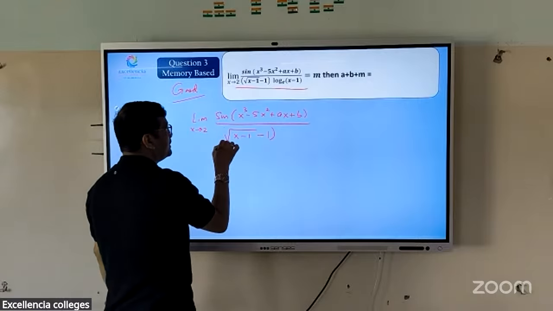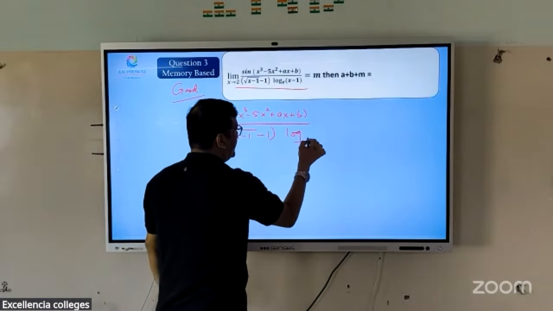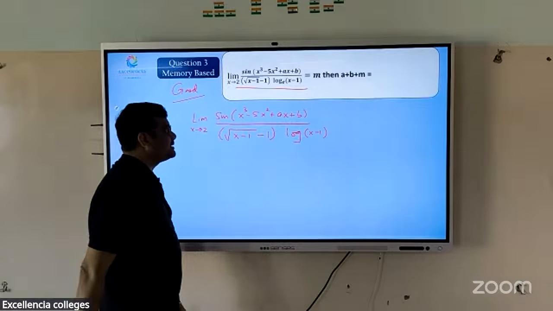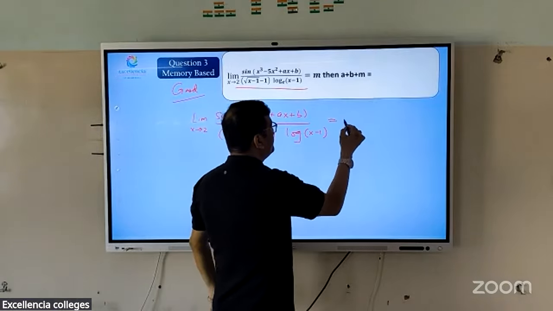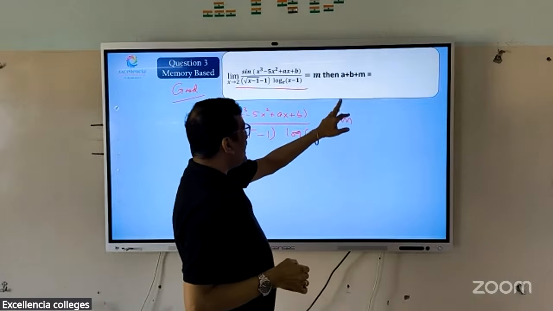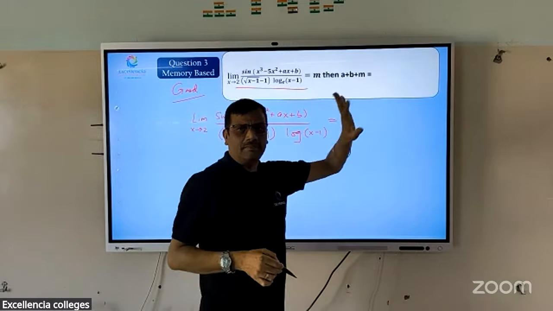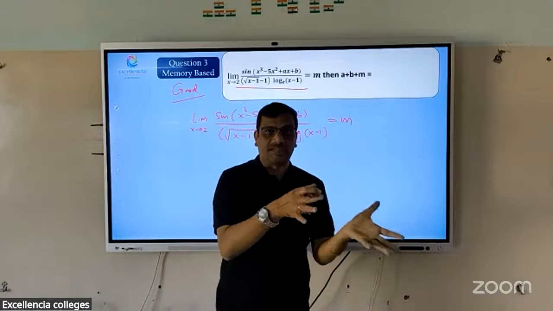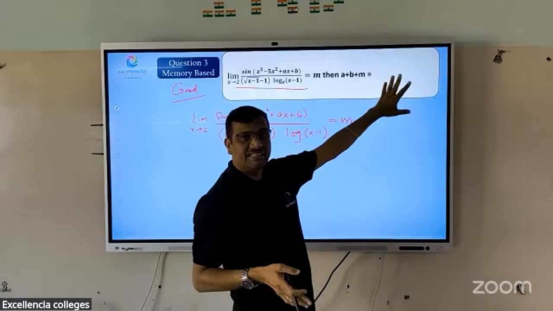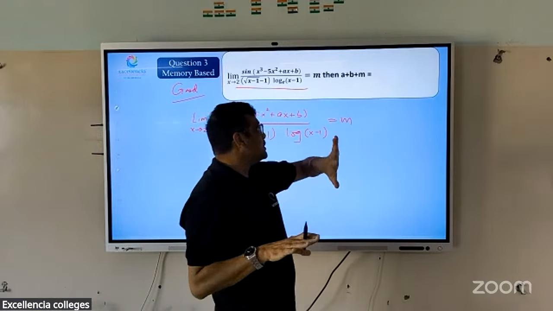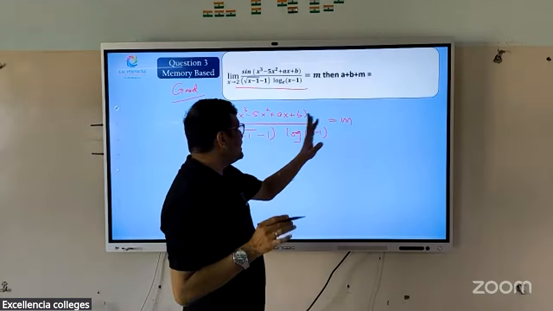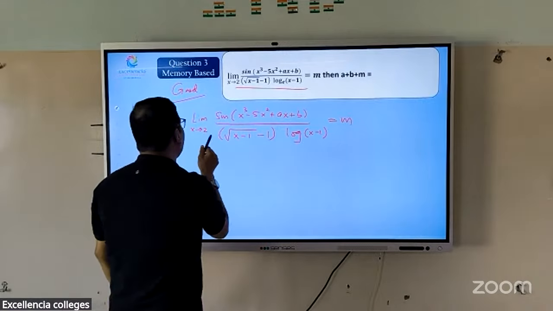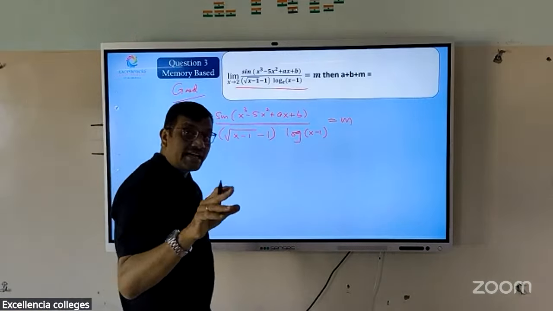Two or three things are used here. First, he's saying this limit is given as n. So I'm assuming maybe they are giving options. I don't know which type of options, maybe they are asking for option 20 or something. So the limit is finite. If this is finite, definitely this should be of an indeterminate form. Push and pull should be there. It's a finite one, so if the denominator is 0,